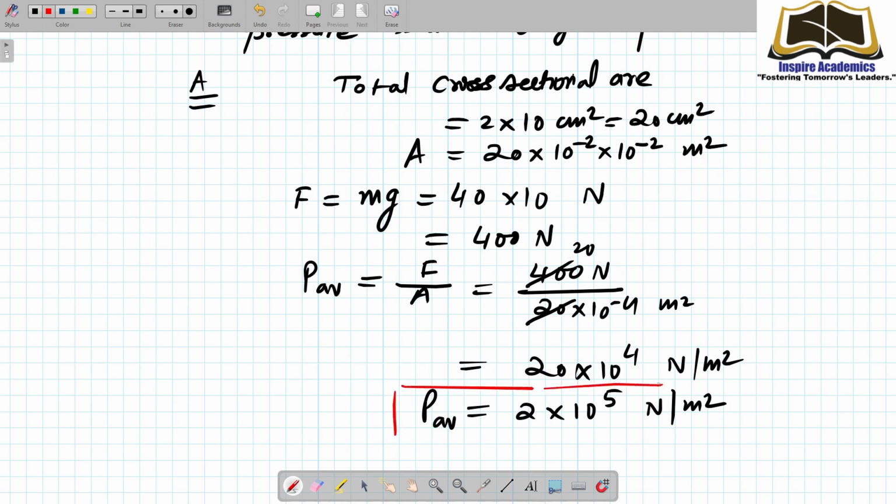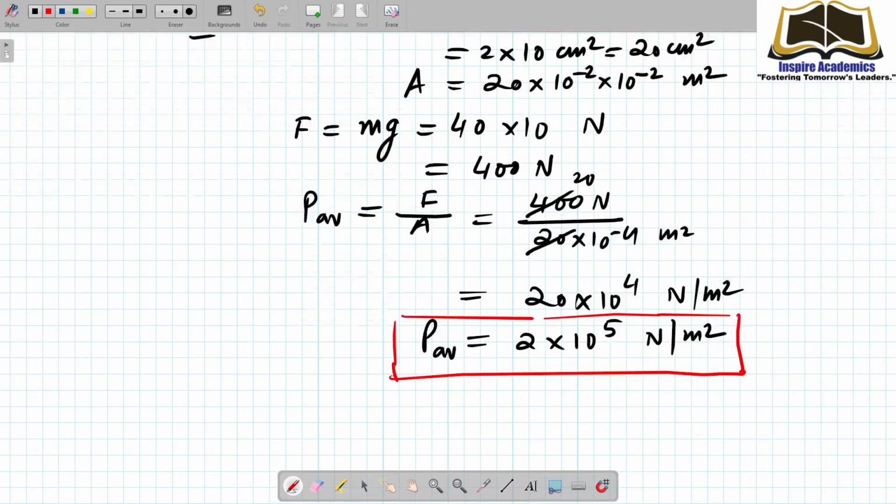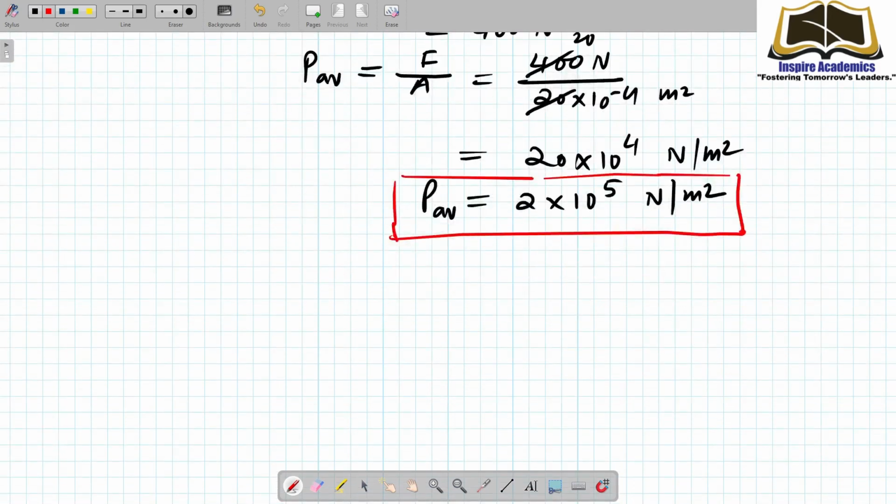Are all of you clear? We will discuss now Pascal's law. In Pascal's law, we shall understand it through a